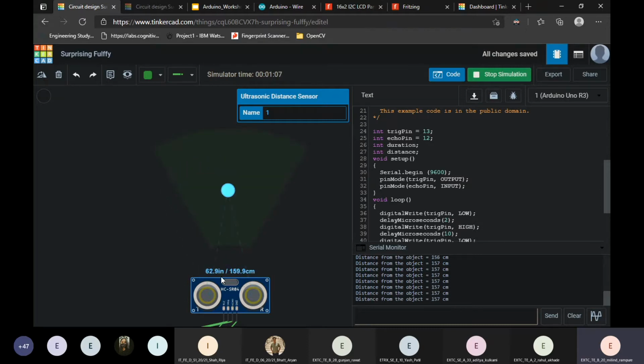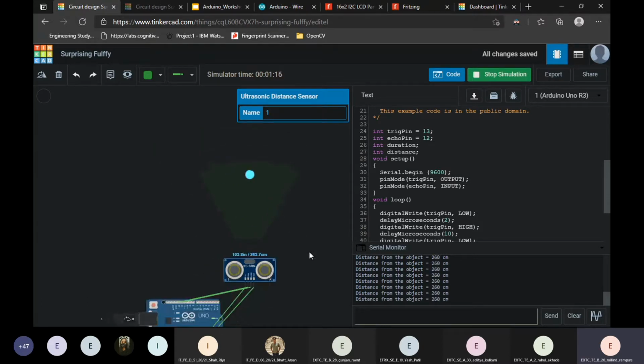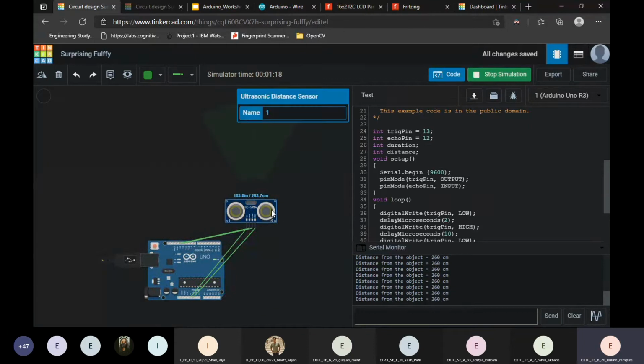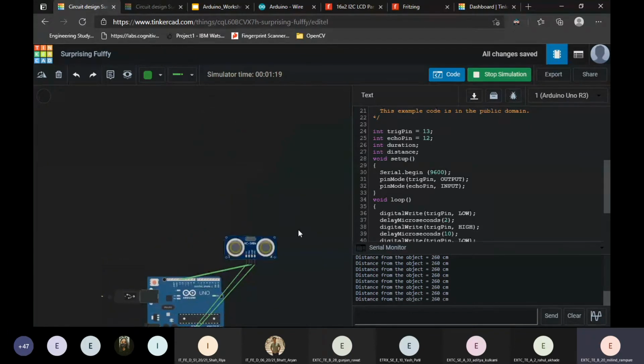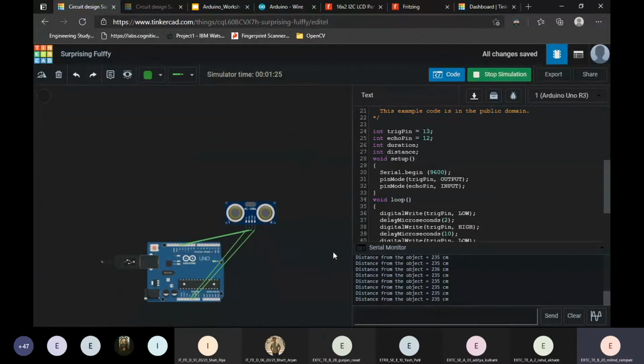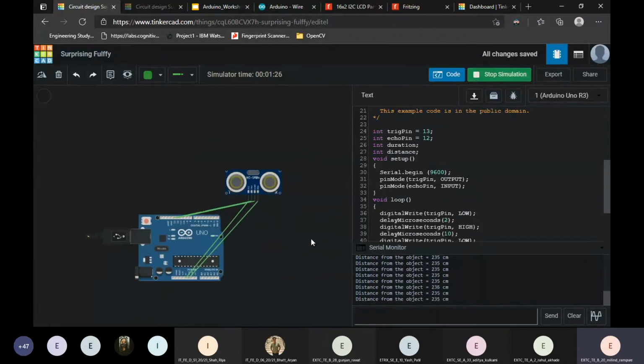Also you can see it's given in inches and also in centimeters. We are printing the same in the serial monitor as well. So that's how we simulate our ultrasonic sensor on Tinkercad. If you have any doubt related to this, you can unmute yourself, or we can move forward to the next sensor.